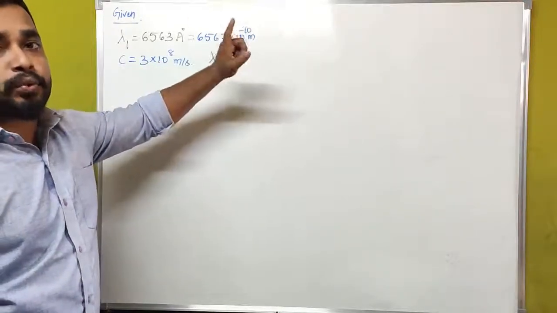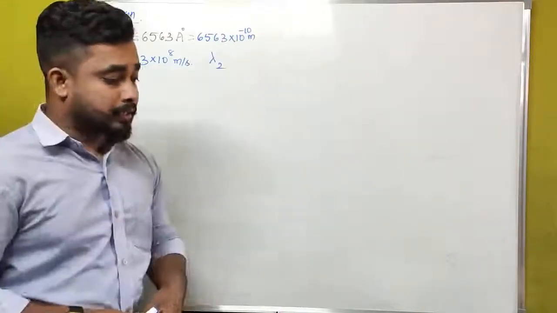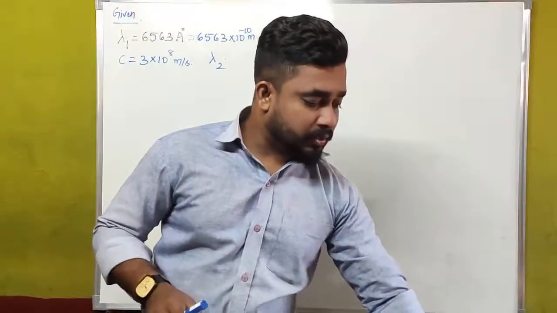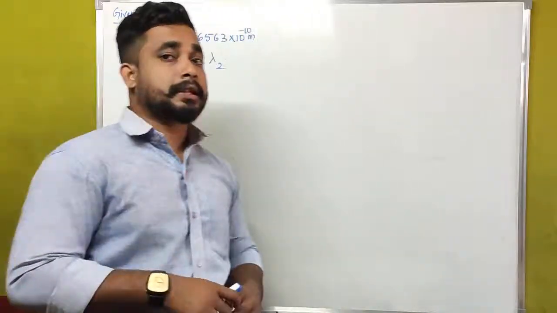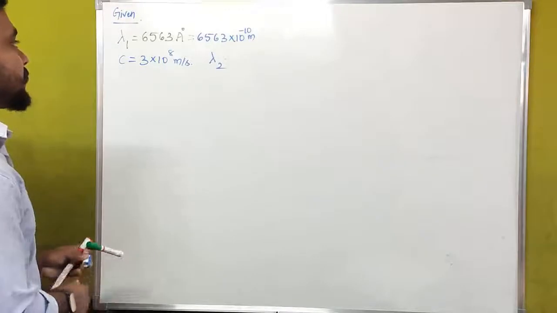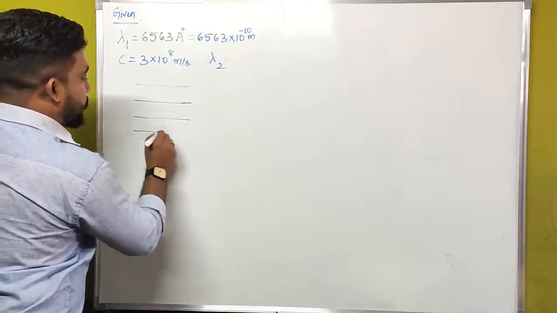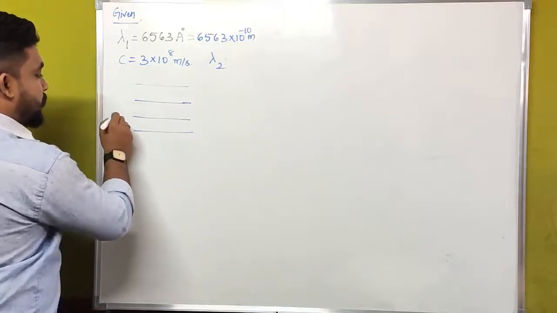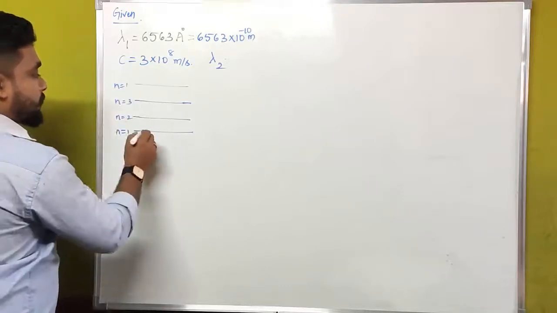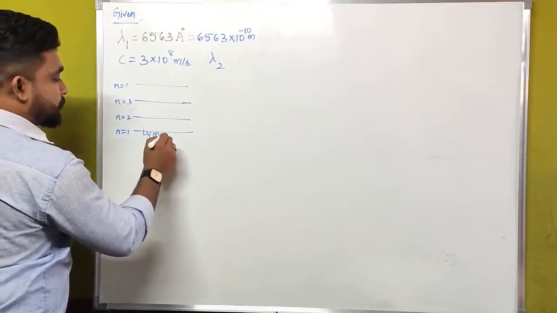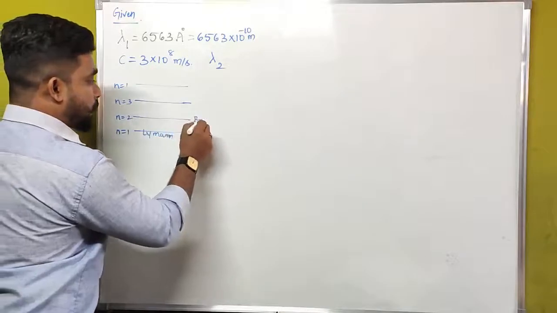That was with n1 equal to 2 and n2 equal to 3. Here, what he has asked is to calculate the wavelength and frequency of the second member of the same series. Here he is not asking for the first member; he is asking for the second member. That means if we have the orbits like this, this is n equal to 1, n equal to 2, n equal to 3, n equal to 4. This is for the Lyman series. In case of the Balmer series, the first orbit is 2.